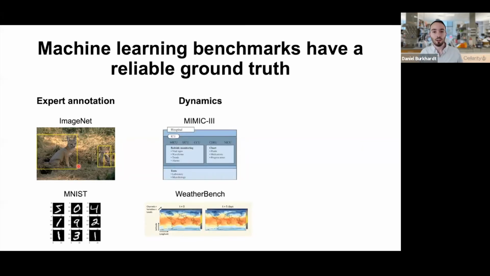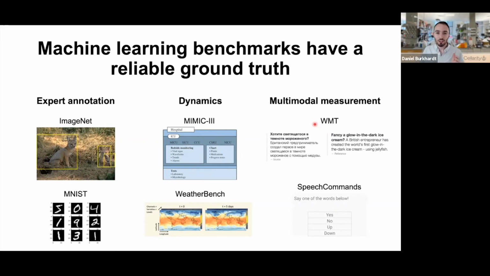The second class of ground truth is measurements of dynamical systems. This is when you have the same thing that you're measuring repeatedly over time, and you can develop tasks around trying to predict future behavior or outcomes of those systems. We see this a little bit in life sciences, especially in the field of electronic health records. The MIMIC-3 data set of ICU admissions measures patients over time along with their outcomes. We also see this in weather forecasting. This is difficult to do again for single cell biology because we don't really have omic methods of measuring the whole transcriptome repeatedly over time to give a holistic temporal view of what a cell is doing.